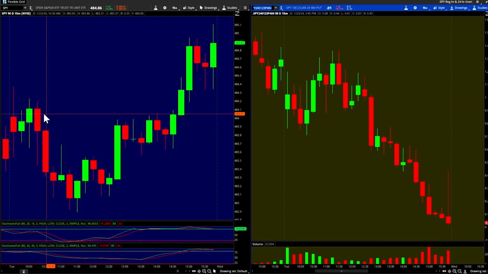Each candle represents 15 minutes, right? So what is this? 10 o'clock, 10:15. There we go. So the low here was what? 71. So it's 0.71, but you multiply that by 100, so it's not 71 cents, it's actually $71. And if you didn't want to scalp the actual ETF of the spiders, you could trade one of these things, buy one of these for 71 bucks, and ride it to